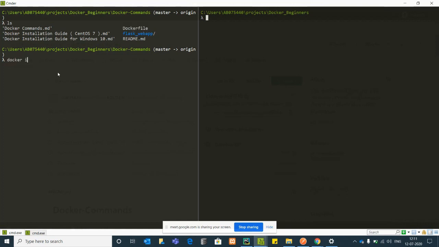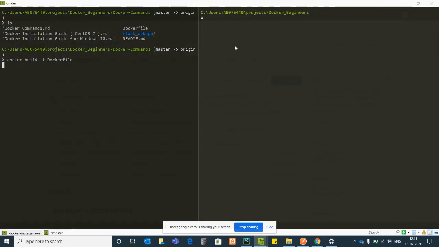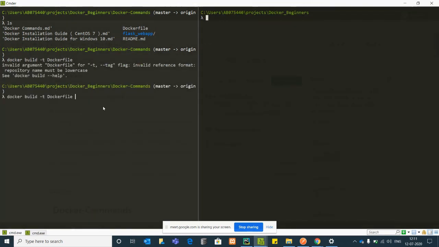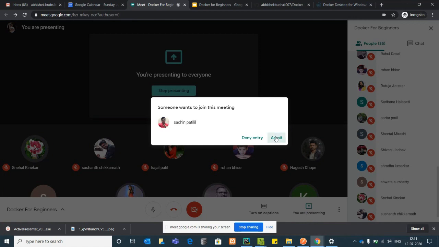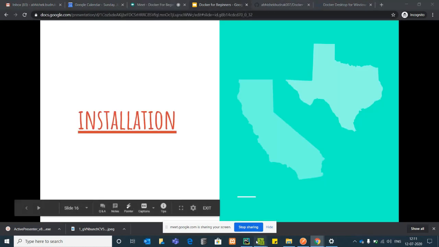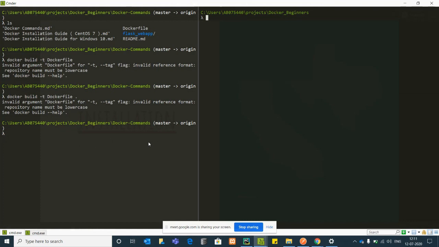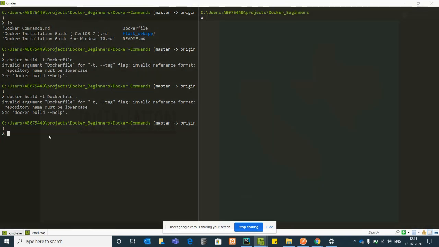Okay. Docker. Sorry. Abhishek, you need to provide a dot after build.